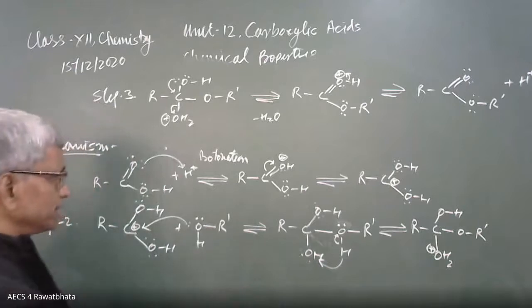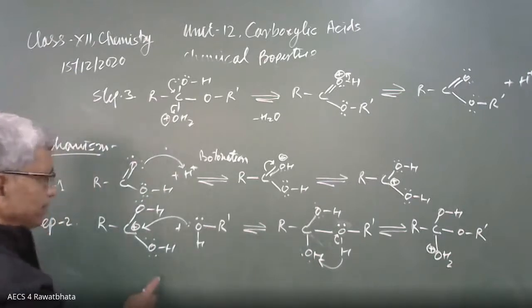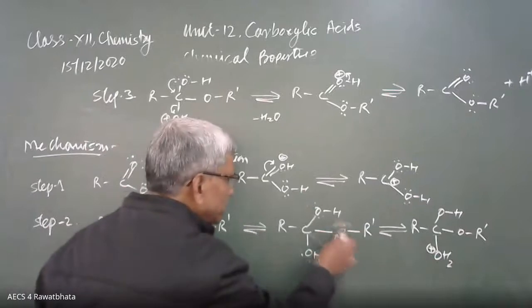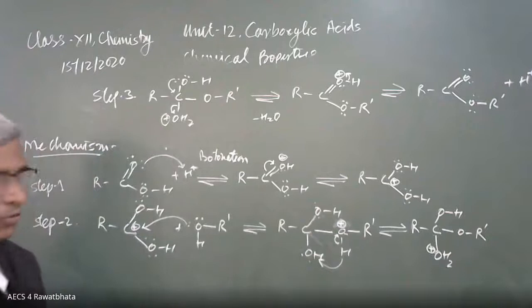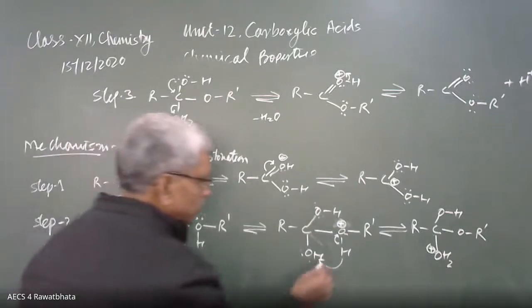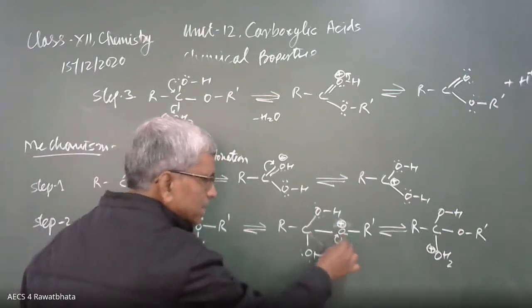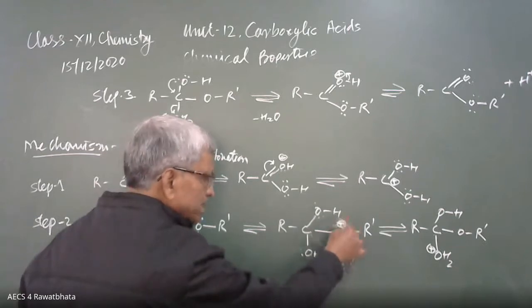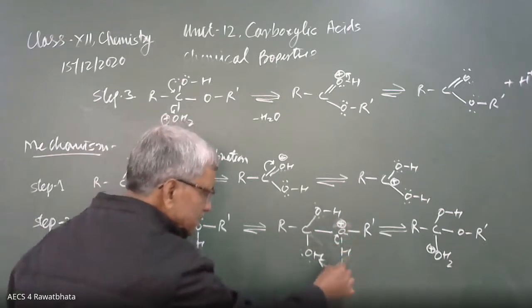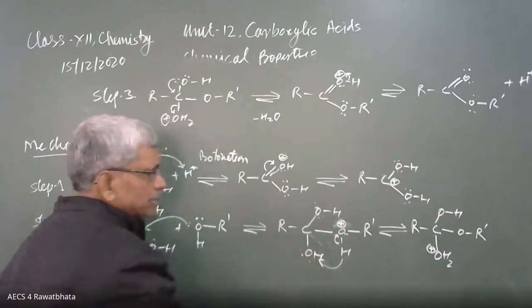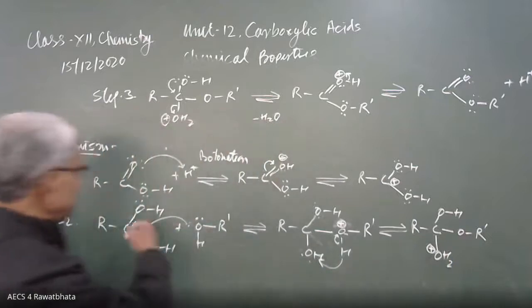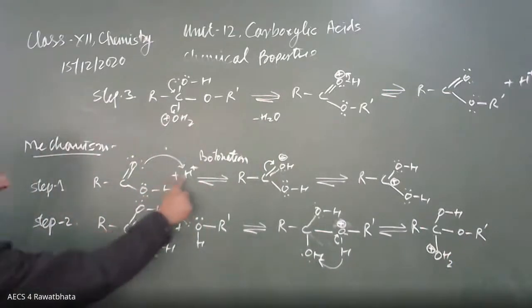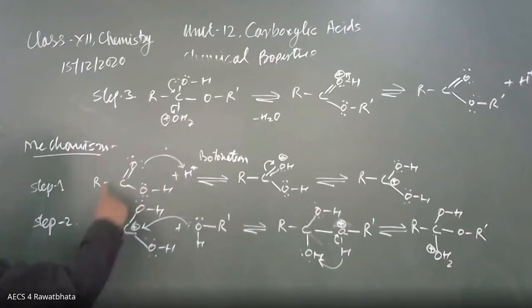Where is the positive charge? Here the positive charge is missing. The positive charge comes over this oxygen, and after that this shared electron transfers towards oxygen because it has the positive charge. Now H positive joins to the OH, and it becomes OH2 positive. Here the positive charge is over oxygen. See that everywhere there should be one positive charge except the first step. Here H positive is joining, where all intermediates carry a positive charge.